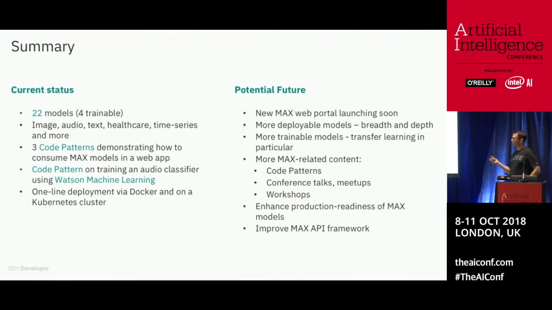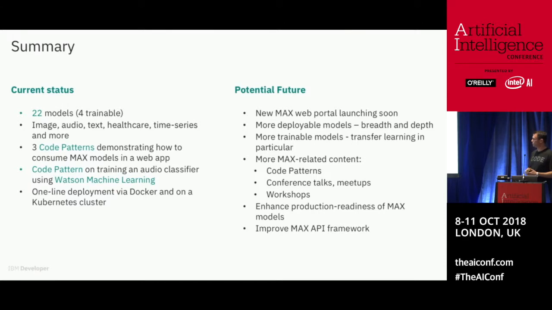So on that note, at the moment the exchange is obviously free and open source, everything that's on there. But our team is carefully working through and curating and adding models. Some of them are now coming from outside our team within IBM. So we're focusing on data science use cases and IBM Research. But over time, we definitely want to open this exchange up and allow people to upload their models, right? So there is a bit of process involved in that. Obviously, a big part of this is curation and verification.